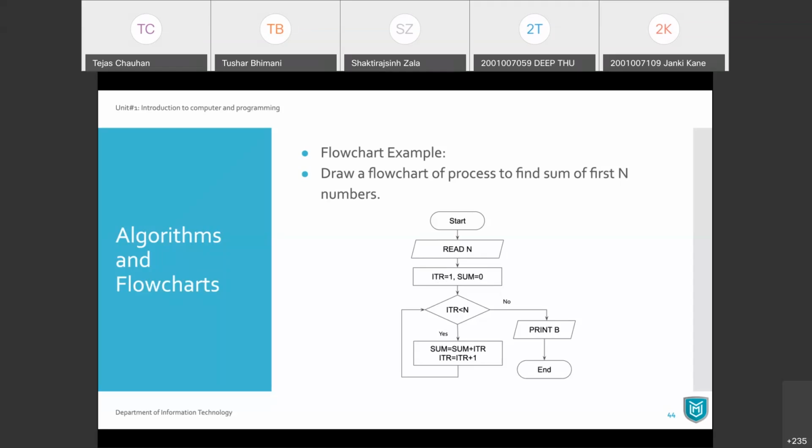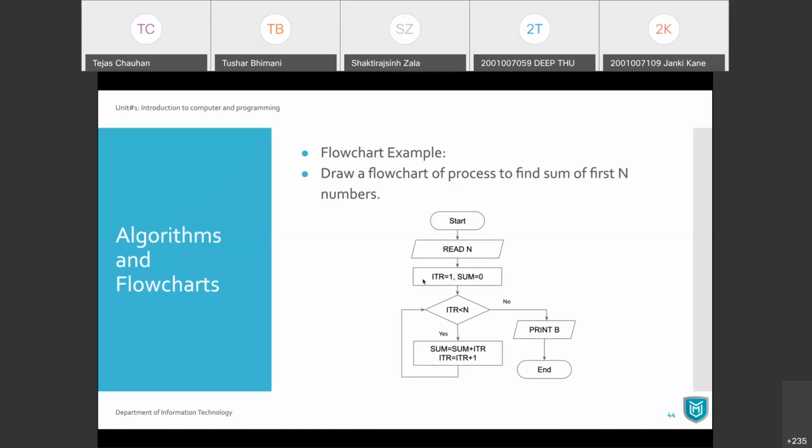Shivani is asking, does ITR stand for integer? No, ITR stands for iteration. Okay. So I'm initializing ITR with 1, and sum with 0. That is a simple process, so rectangle.